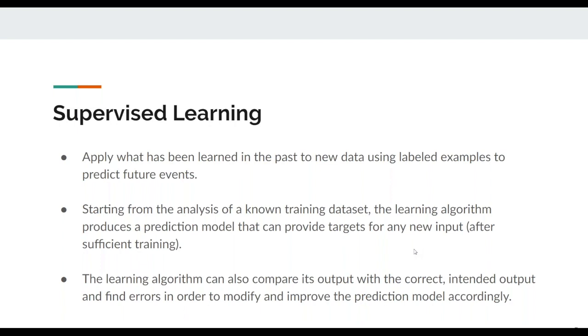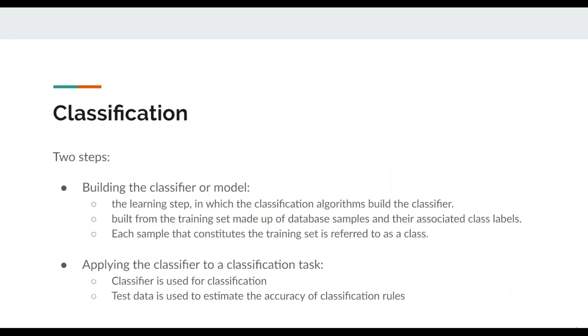So a key aspect to remember here is that the evaluation essentially tries to compare the output of the model that is produced with a correct intended input. And if there are errors or if there is not good enough evaluation, you try to improve this prediction model accordingly. So going specifically into the classification, there are two major steps, as you can probably infer from the previous